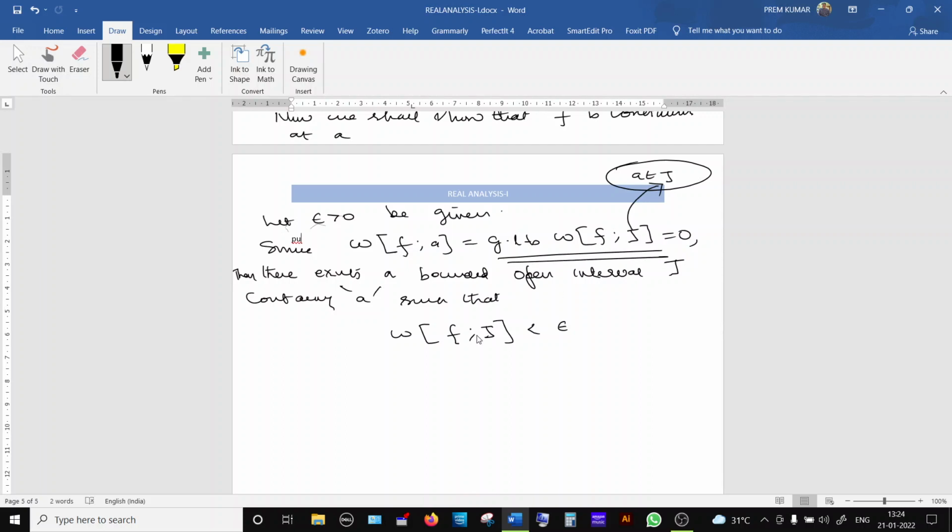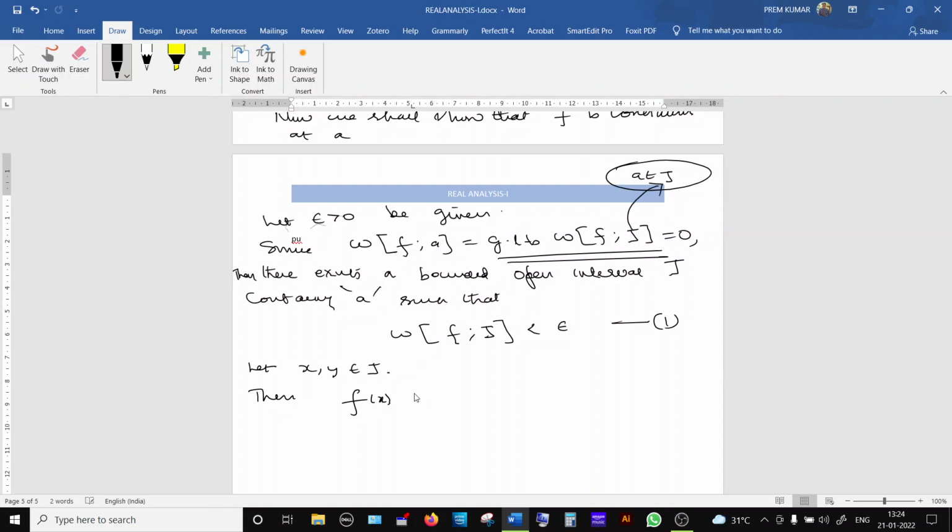Okay. So, less than epsilon. Let me give this as number 1. Let us take two elements from J. We take two elements x and y from J. Then